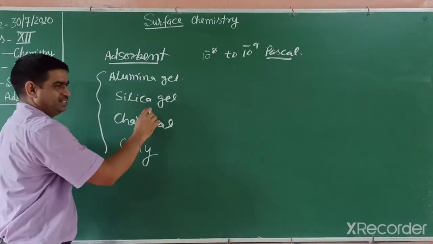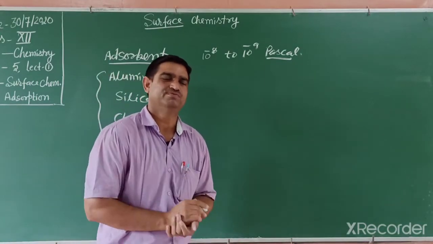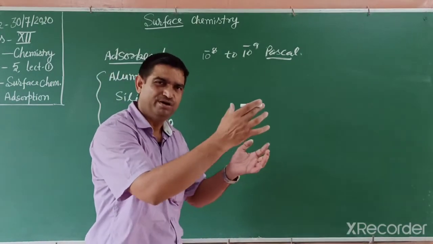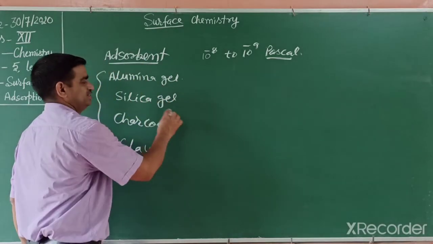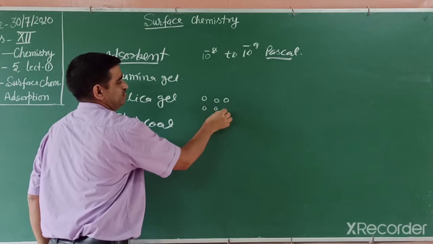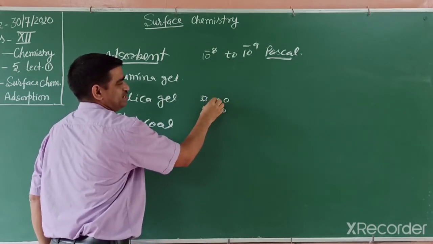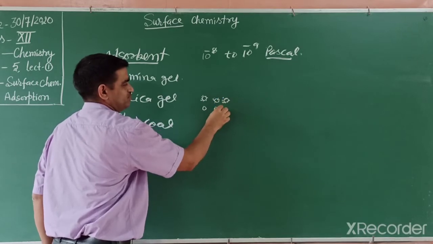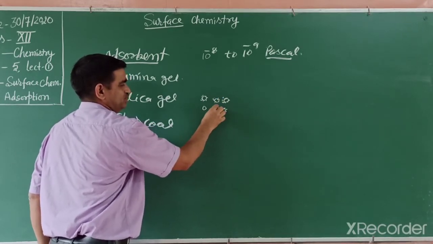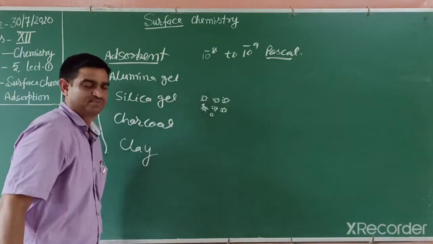If you place silica gel in a room, what happens? It adsorbs all the water vapor on its surface. The moisture particles occupy the surface of the silica gel molecules. This process is known as adsorption, and it is used to remove moisture.